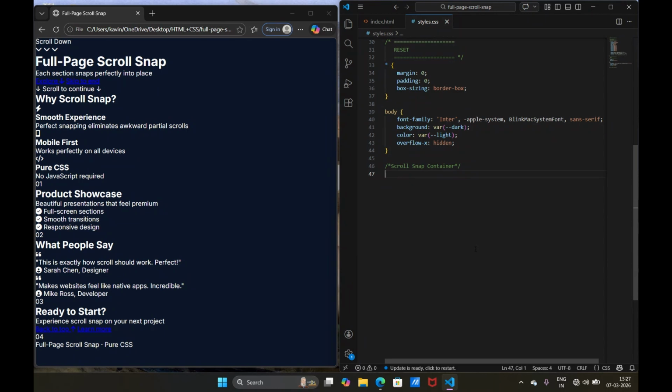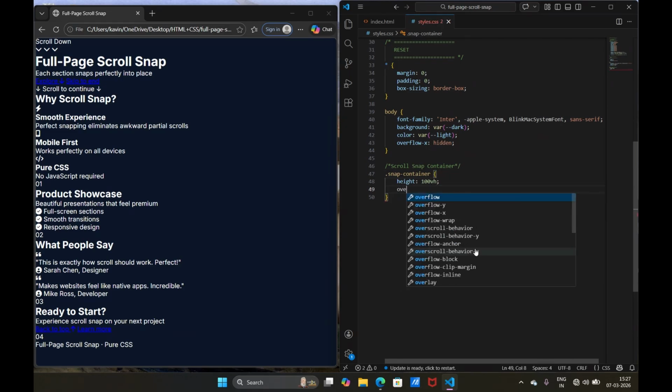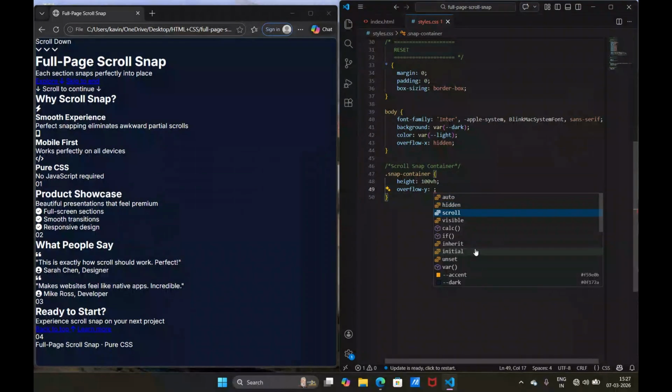For the scroll snap container, with the class of snap container, give it a height of 100 VH and an overflow in the y direction, because we will be scrolling downwards and upwards,